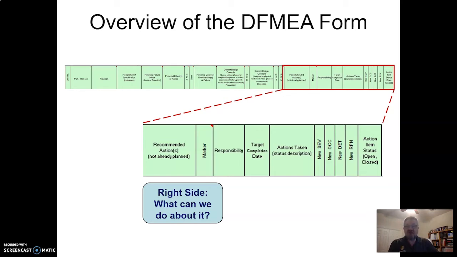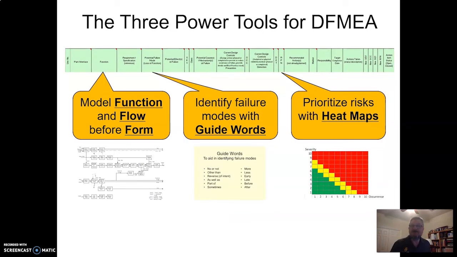And so as you think about at what point a DFMEA is finished, it can be considered finished in some sense when you've worked through and gotten to the point that you've identified a remedial action for every possible failure mode, but it's really not done until you've taken all the required actions to make sure that you've actually changed the design. So in our lessons this week, what I'm going to cover are the 3 power tools for DFMEA,